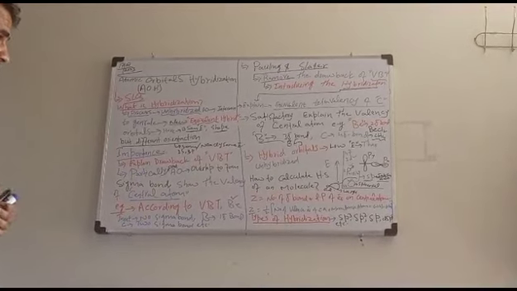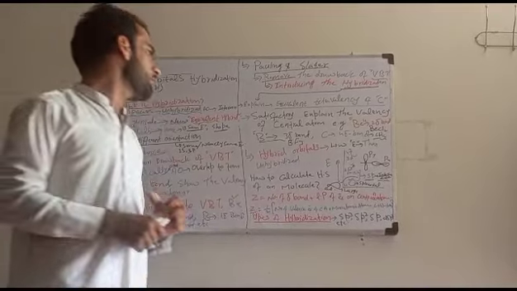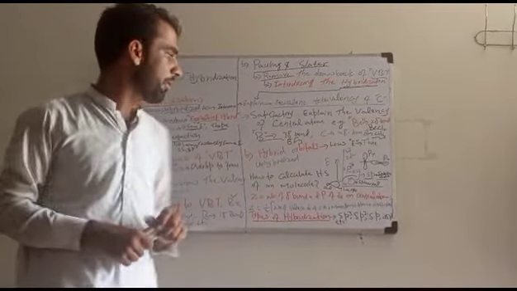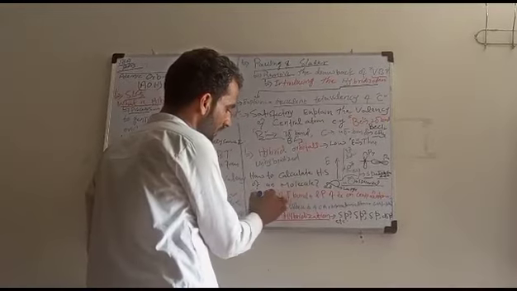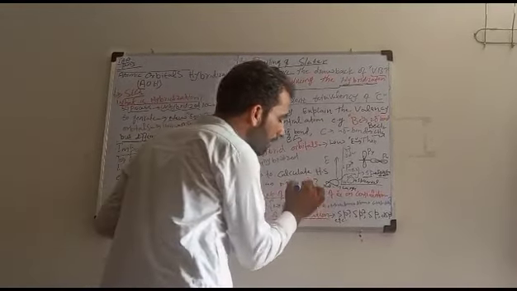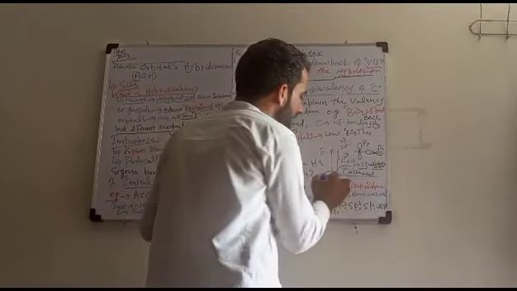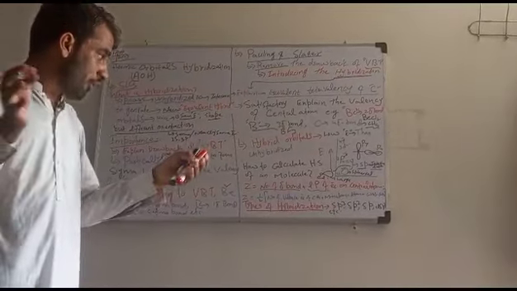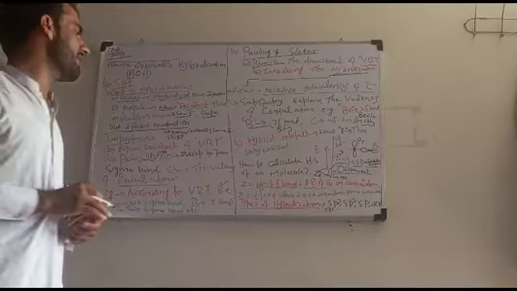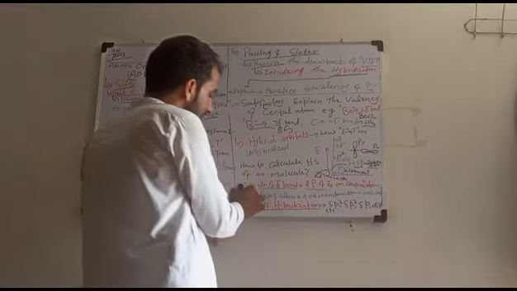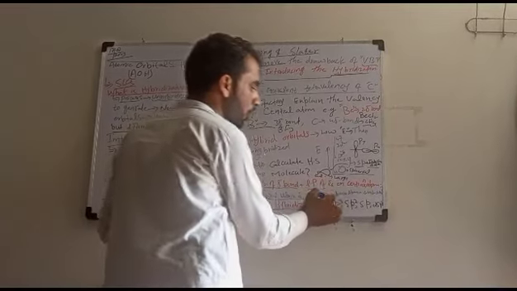And the second important thing is how to calculate the hybridization state of any molecule with the help of hybridization phenomena. That will be calculated with the help of the following formulas. One formula is the number of sigma bonds formed by the central atom plus lone pairs of electrons on the central atom. When we sum those two terms, we get the hybridization state of the molecule. And the second formula is Z equals half of the number of valence electrons of the central atom plus monoatomic atoms